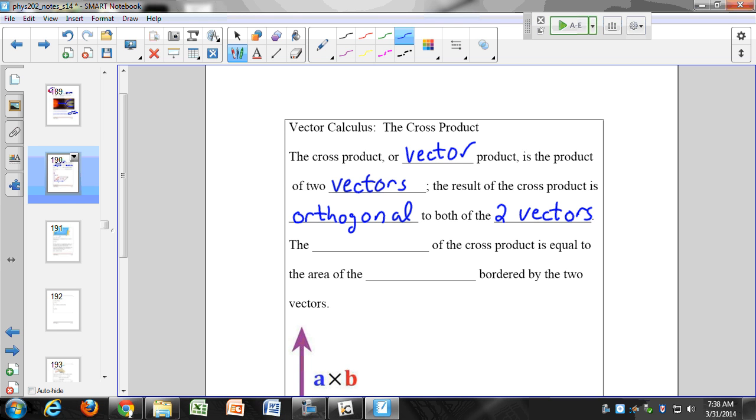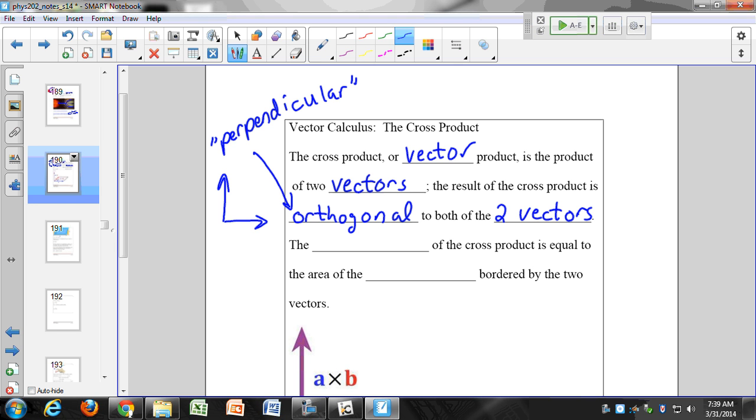So if I have a vector that is in this direction and a vector that's in this direction, a vector that would be orthogonal to those vectors would be along which axis? I have one on the x and one on the y, so along the z-axis, either the plus or minus z-axis. And orthogonal just means perpendicular. It's a fancy way of saying perpendicular. It might have some fancier meaning than perpendicular, but I don't think so. You'd have to ask the mathematician. I think it just means perpendicular for all we're concerned about.